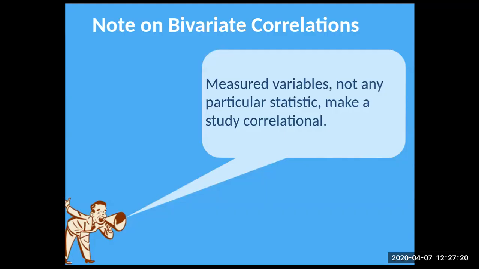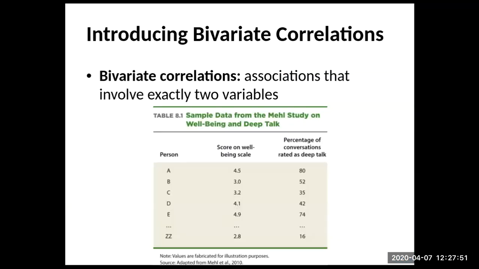What makes a study correlational are two measured variables, because you'll get an R value for a regular scatter plot when you have two quantitative measured variables. But if one of them is categorical and it's a bar graph, you're going to get a T value. So is it a T value that makes it experimental? No. Is it an R value that makes it correlational? No. What makes it correlational is that you have two measured variables. I said it again. All right.